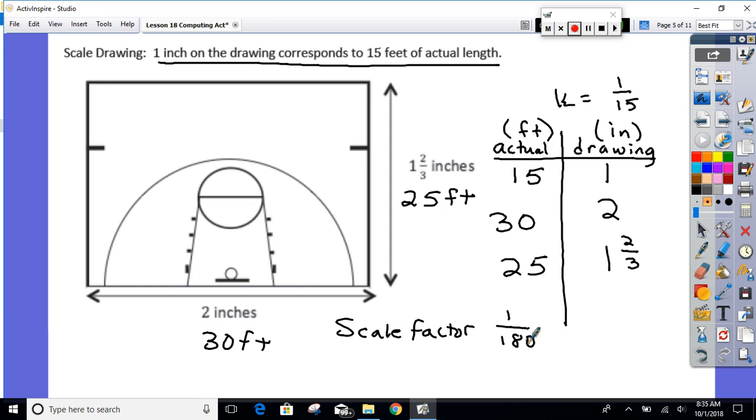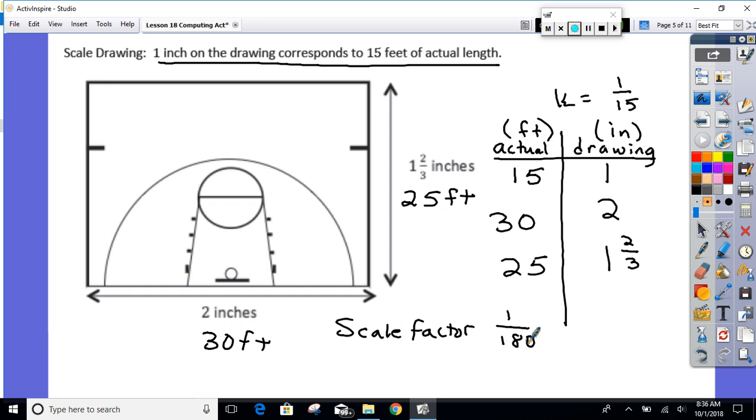We know from the scale factor that the drawing is 1/180th of the original. Or it's easier to say the original is 180 times larger than the drawing. So it gives us a better sense of comparison, but when we're figuring things out here, it was a whole